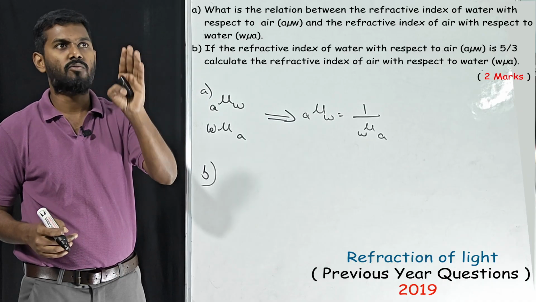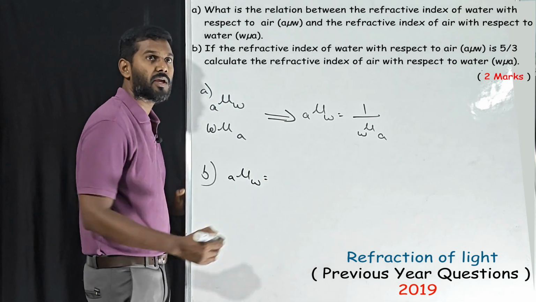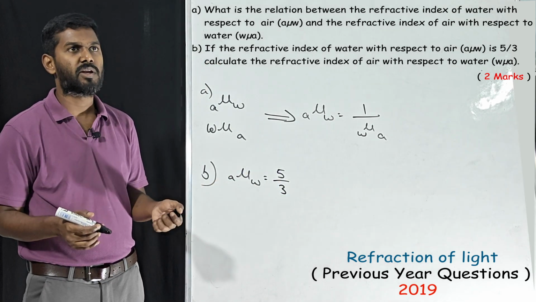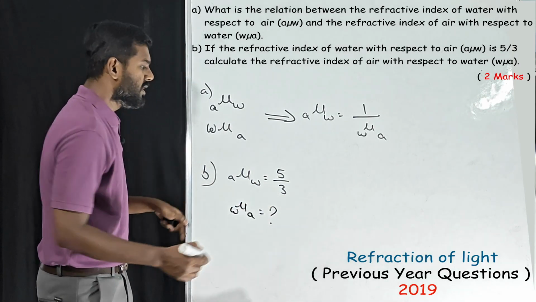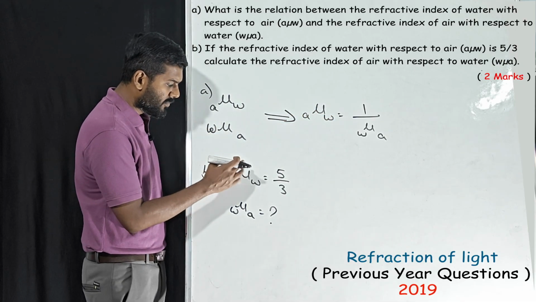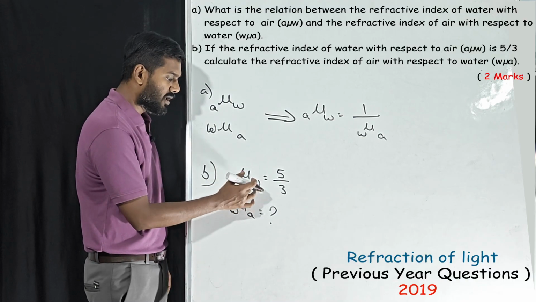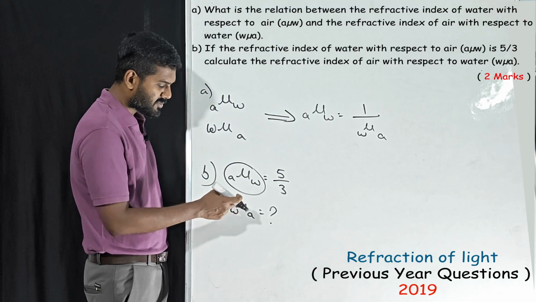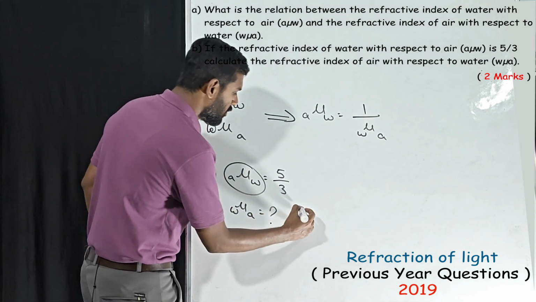Then, if the refractive index of water with respect to air is 5 by 3, calculate the refractive index of air with respect to water. We need to find the refractive index of this one. Just now we have understood these two are inversely proportional. Here the refractive index of water with respect to air is 5 by 3. This you should know how to write it. Then the refractive index of air with respect to water will be, we know they are inversely proportional, that means we have to take the reciprocal. Answer will be,